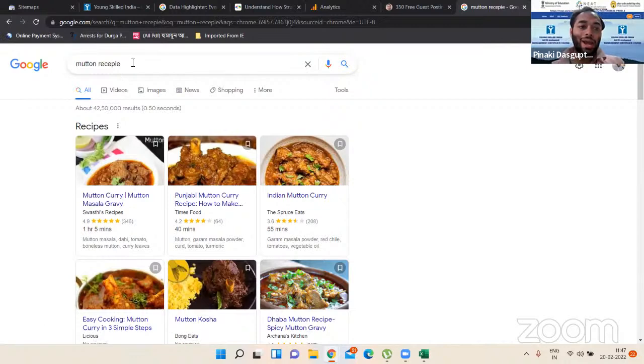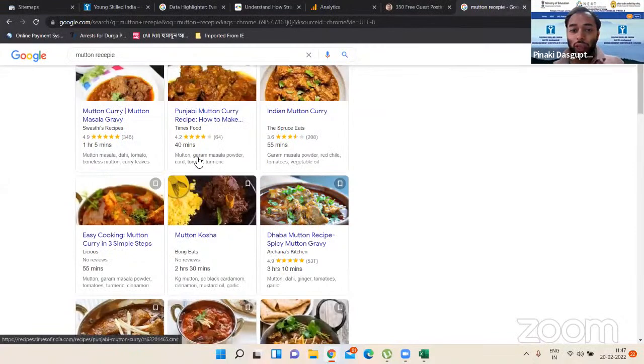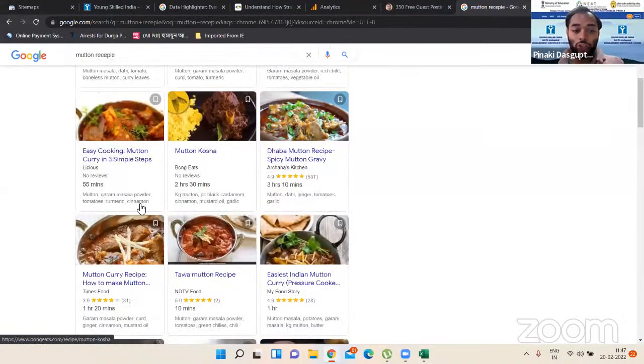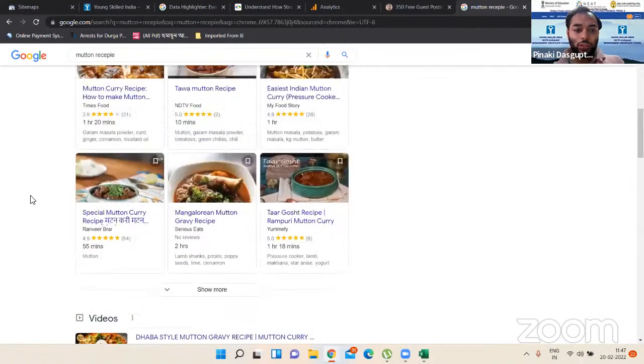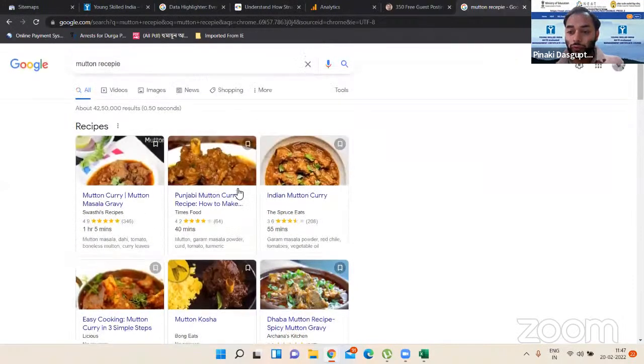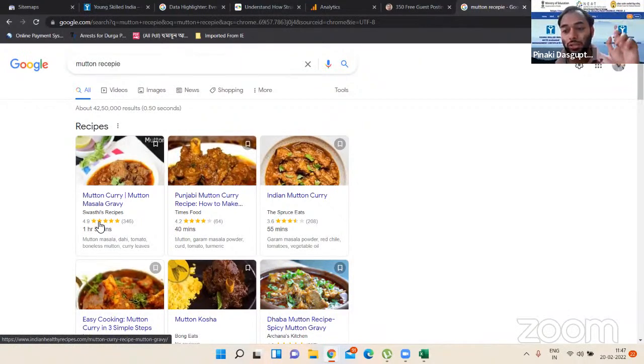Why? Because say I am searching for a mutton recipe, and if I find such a thing at the top of the page, I will not go below to check all these results. Rather, I will opt for these only. Why? Because the title is mentioned very clearly. The owner of the recipe is also mentioned here. The reviews and ratings, which are very important, we have discussed earlier, are also mentioned here, along with how many people have reviewed it.